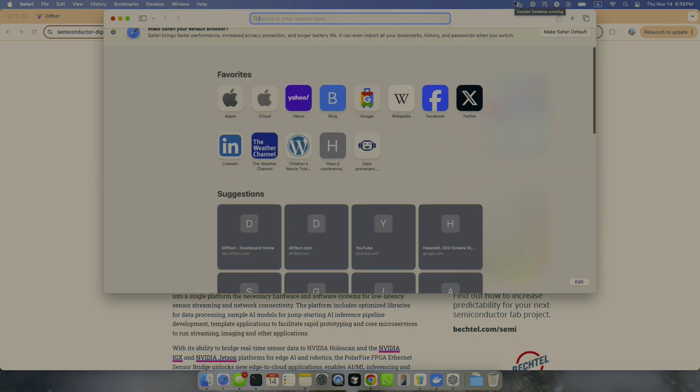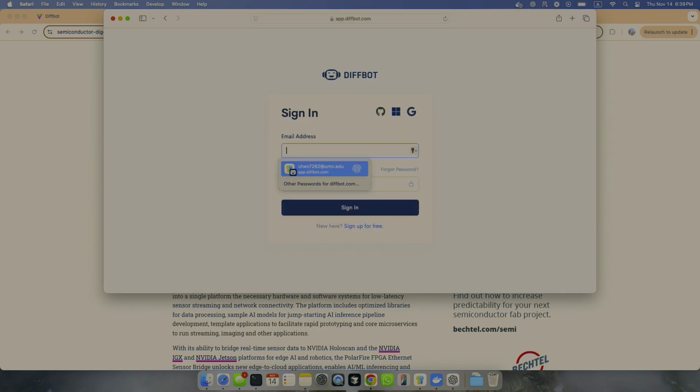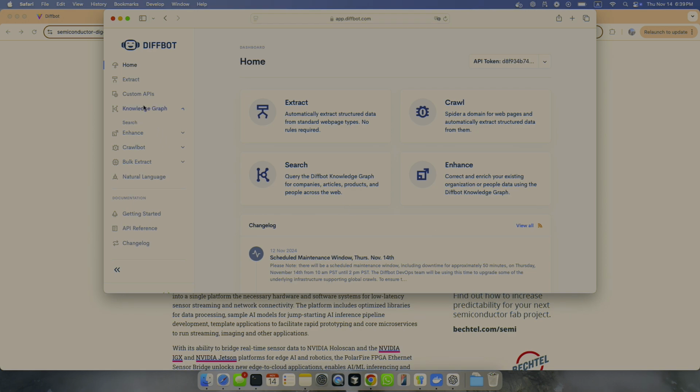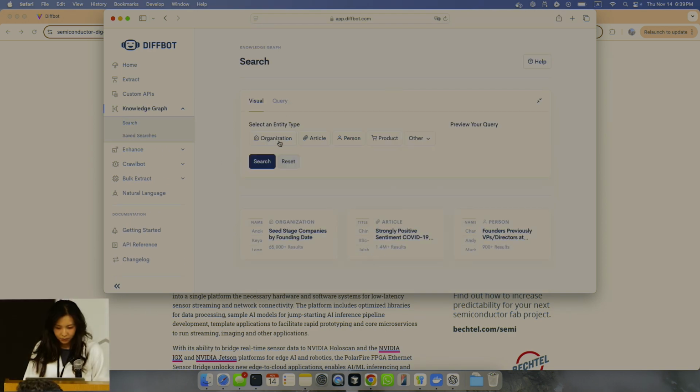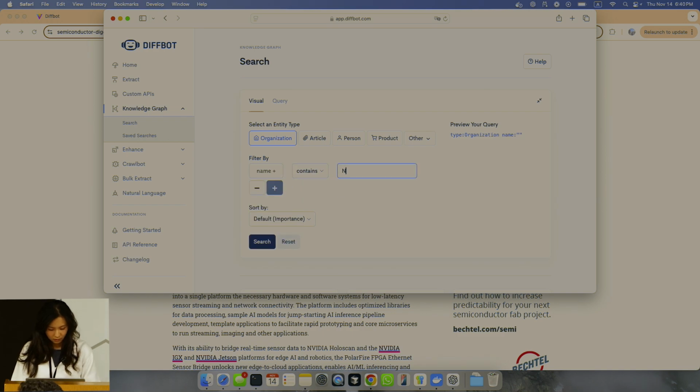It's basically like Wikipedia. So for example, if I search the name NVIDIA. Okay.